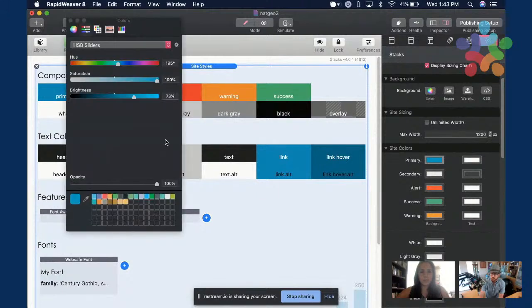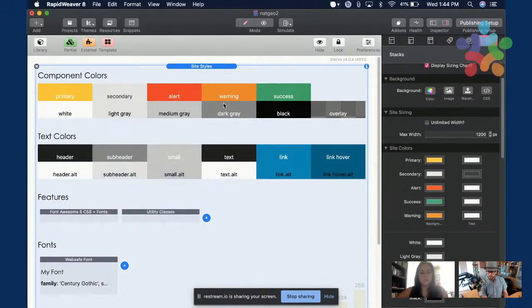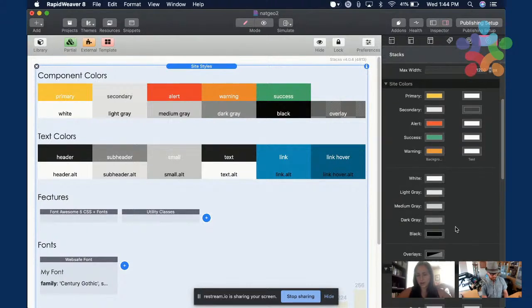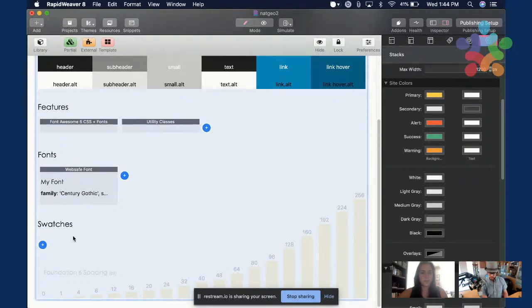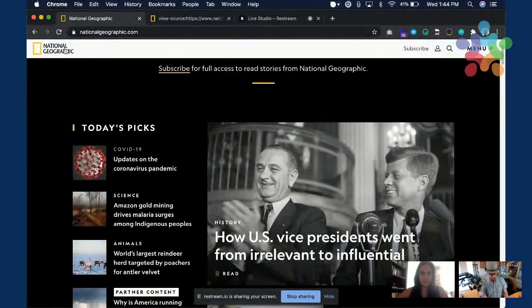So I'll paste that color here, and I'm just gonna select the RGB slider so I can paste the code. I'm gonna leave those as they are for now, but I might come back to them and change something later on. So I'm gonna start trying to replicate this.